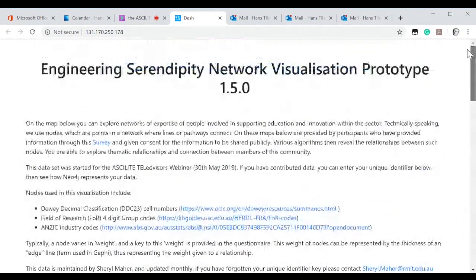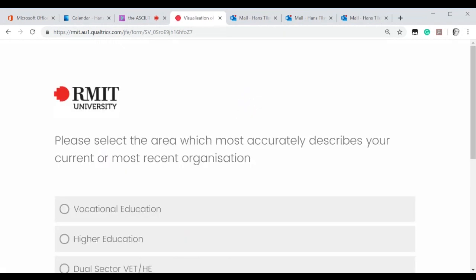If you scroll down on the page, you can see that there's a brief explanation that we're trying to develop a map of expertise of people, and as you can see, there is a link to the survey. So I will click on the survey, but I'm wondering whether you can as well. Excellent. Okay. So we've got a 7-page survey, and what I propose we do is we test this out. So have a go at